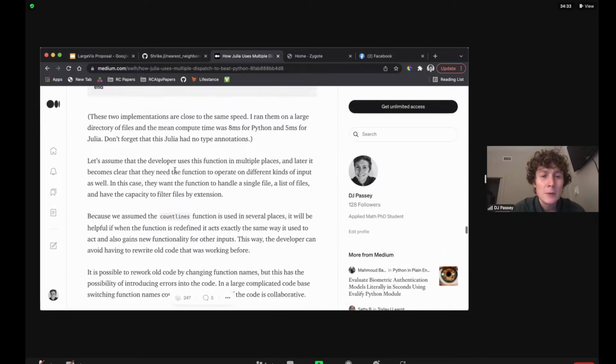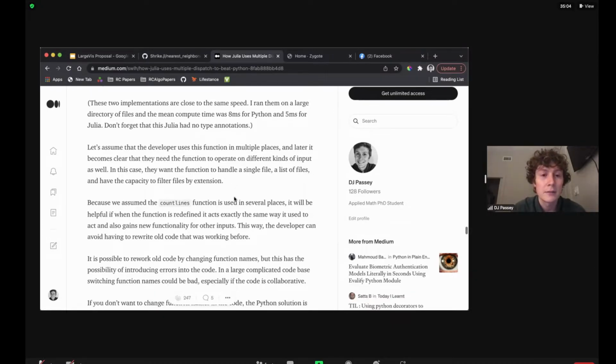now let's assume that the developer who's writing this uses this function in multiple different places inside of their package. But later it becomes clear that they need the function to operate on different kinds of input as well. So they want to count lines on a single file, a list of files, have the capacity to filter files by extension. This is the kind of thing I feel like I run into all the time, where I wrote a function and now I'm like, okay, well, I'm using this, but I actually wish it could also operate on arrays, or whatever, different kinds of input. And